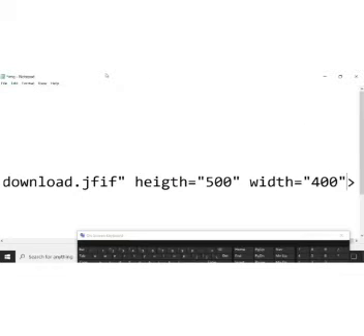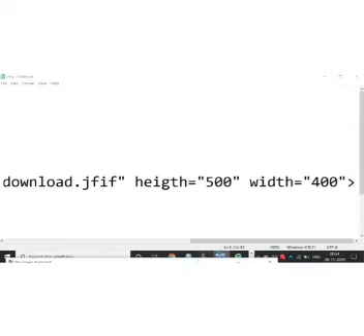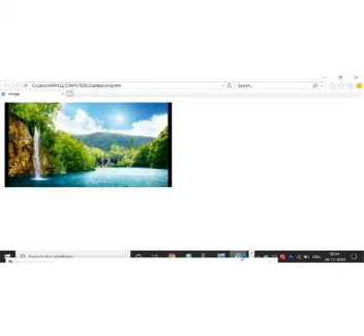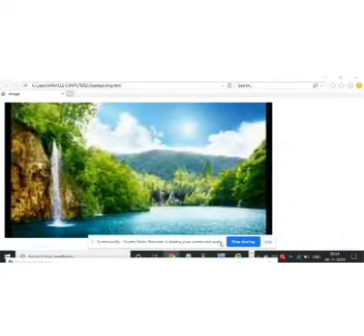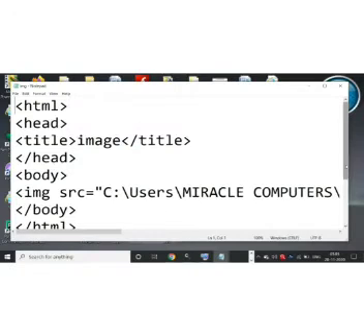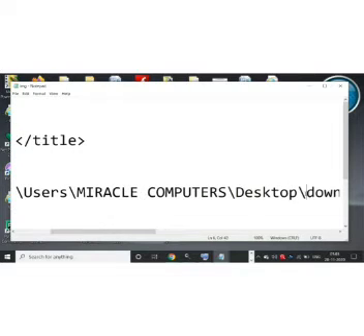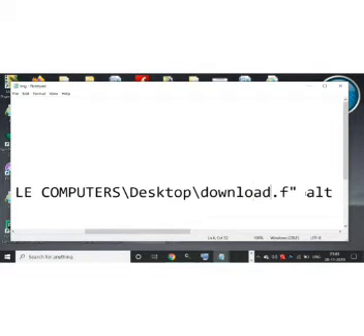Fine. And now as this file is already saved, I just have to click on the Save option. I don't have to give the name because it is already saved. So you just have to click on save, and now look, press F5 to refresh and see that the height and the width of the image are changed. Fine. So this is how you can insert an image in your HTML document. So there are the attributes src, height and width.